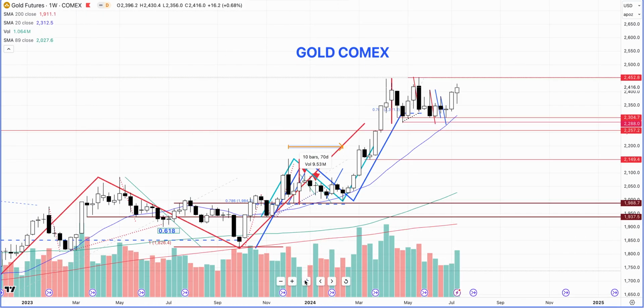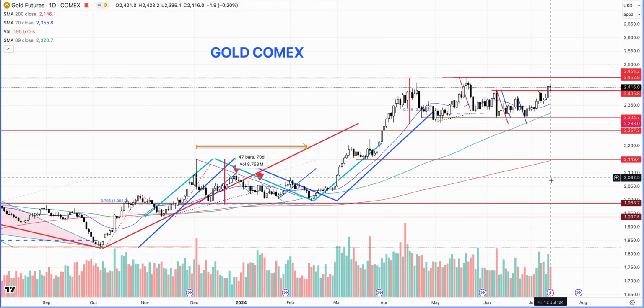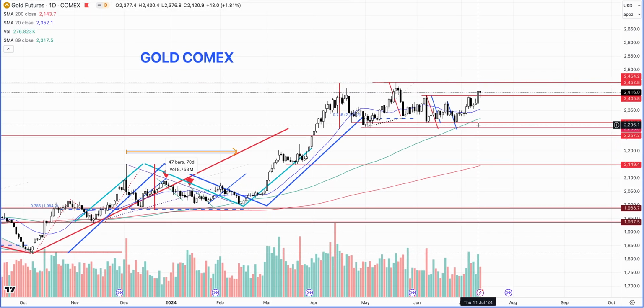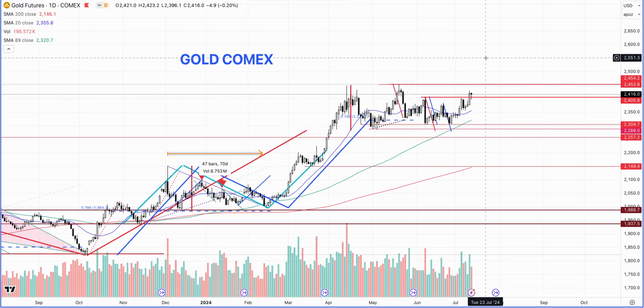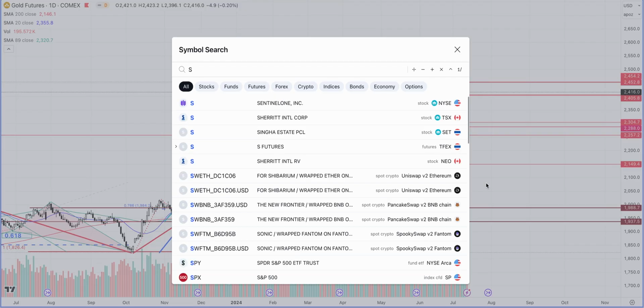Now let's take a quick look at the daily chart as well. So here we go. On the daily chart, we can clearly see that last Thursday when the CPI data came out, it was really supportive. The PPI data was a little bit stronger, and we saw an inside bar here. This is why I think it might take a little bit longer for it to break out to the upside for the gold market. So we might see a little bit of trading range behavior for maybe a couple of weeks, but the miners are looking stronger.